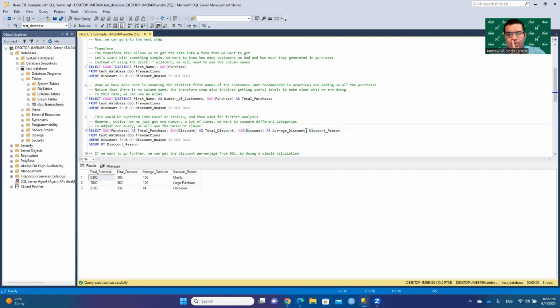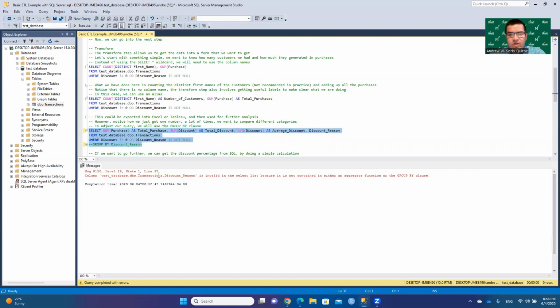Now notice how discount reason is not mandatory in the select clause. If I do this, we get exactly the same thing. The only difference is that we don't know which discount reason has what values. That is why we put it here. Now, the group by is mandatory. If we do this, SQL Server will tell us that the query is invalid. Why? Because we need the discount reason. We need to put this label